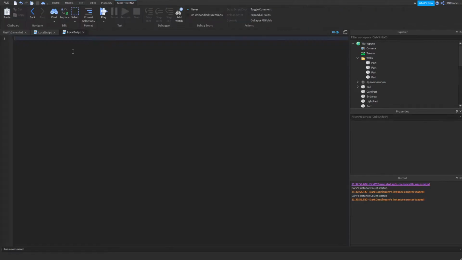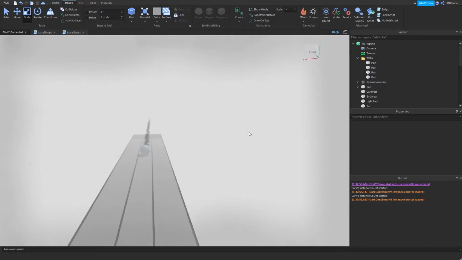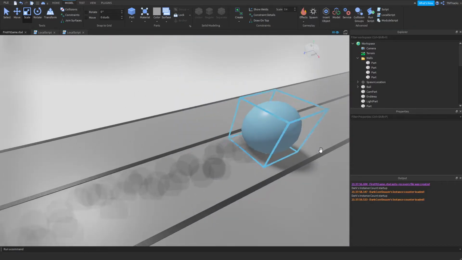Now, in the script, in order to get the player's camera, what you're going to do is go into Workspace, and if you put dot and you type in current camera, what this gets is the player's current camera. And you usually assign it to a variable, and let's call it camera. Now, each camera has a subject and a type and a C-frame. So the subject is what the camera is going to be focusing on. Our camera subject will be a little invisible part you will find in the workspace known as